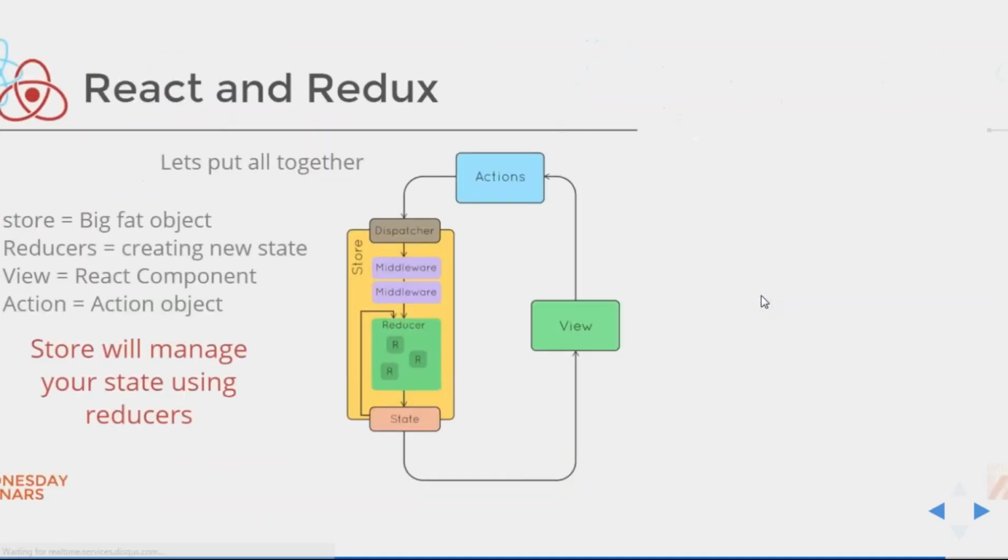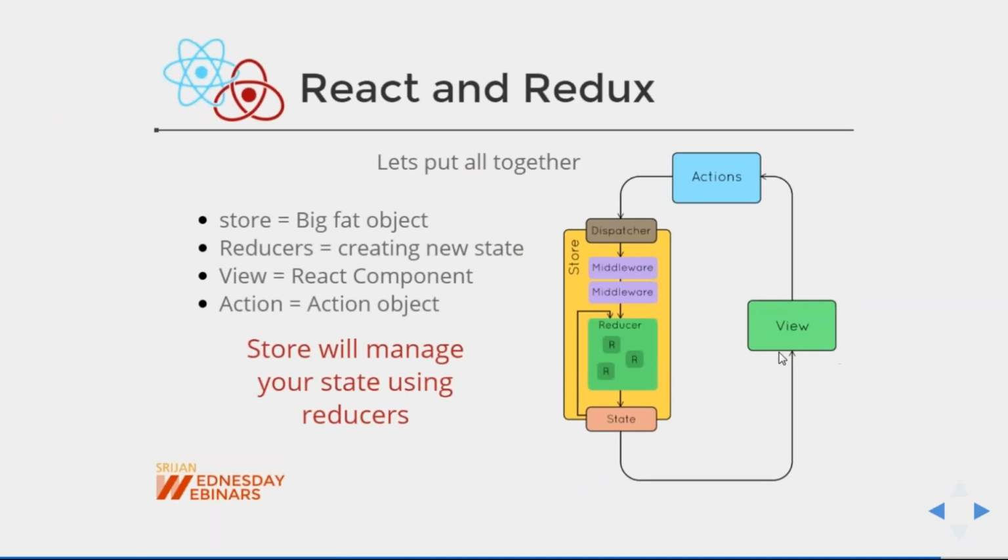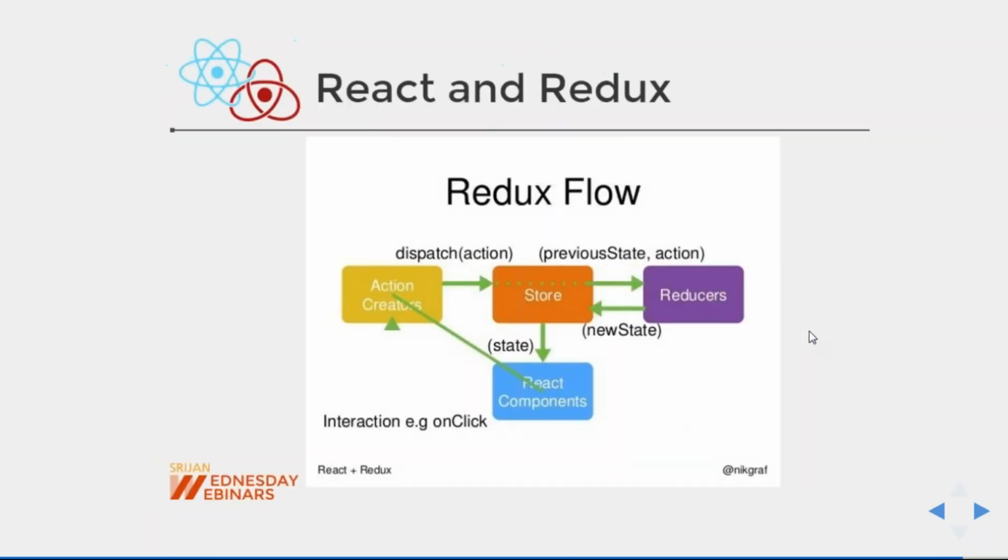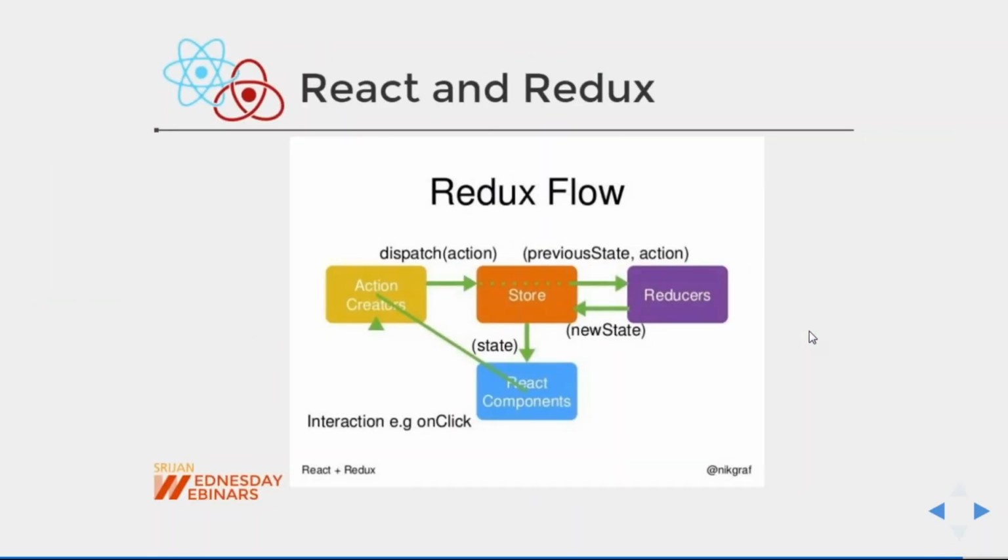So this diagram is saying the same thing. This view is your React component. It needs to talk to your action to fire the action, and it needs to get the state object that is returned from Redux. So in the React application we are not going to maintain the state, everything will be there in the Redux layer. You just need to talk to the Redux layer, fire some actions, and get the state object back from there. So your React component will talk to the Redux layer only to fire an action and only to get the state object back to the React layer.